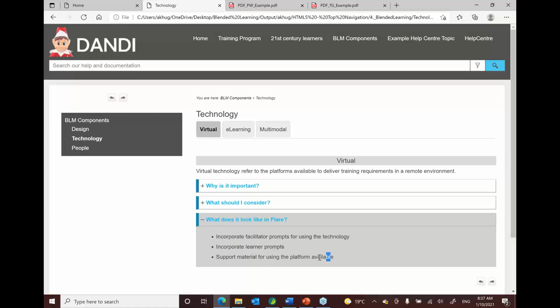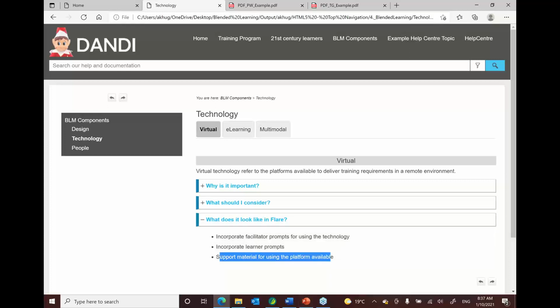And of course, have supporting material available for them. So if you do run into some technical issues in using that software that you're using, then we can make sure that they've got a topic inside your Flare project or your online help project to help them troubleshoot that efficiently. Okay, so that's our virtual